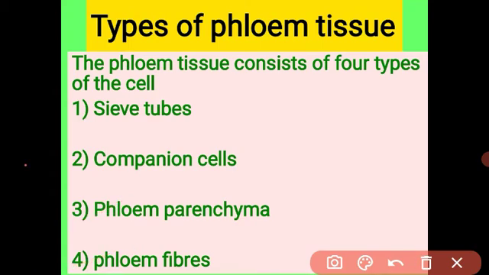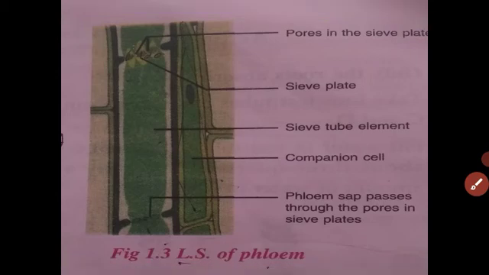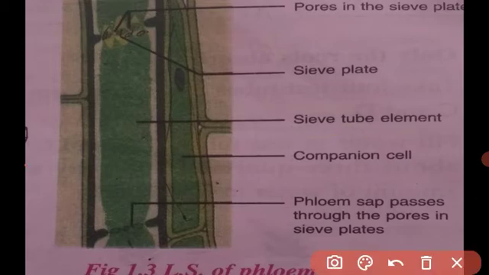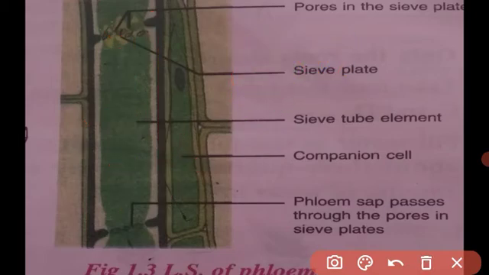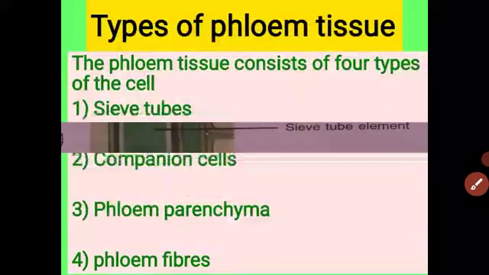Understood, student? This is the diagram which is present in our textbook. You will observe this diagram, locate the structures, and also study the parts of the phloem tissue. Got it? This is the sieve tube and sieve plate, whose main function is to transport the food material. The companion cell is attached to the sieve tube and helps to transport the food material in both directions. Phloem parenchyma stores the food, and the phloem sclerenchyma gives mechanical support to the plant.